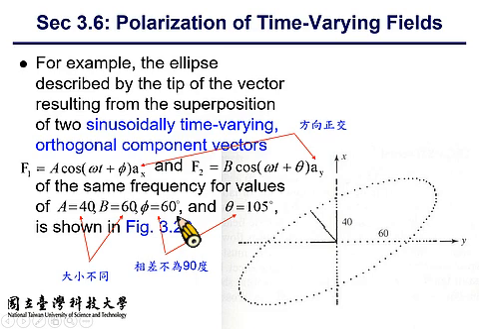As you can see, at a certain time instant, you have a magnitude of 40 over here and 60 over here. And because of the difference, they form an elliptical trace. And for an elliptical trace, there are some other important